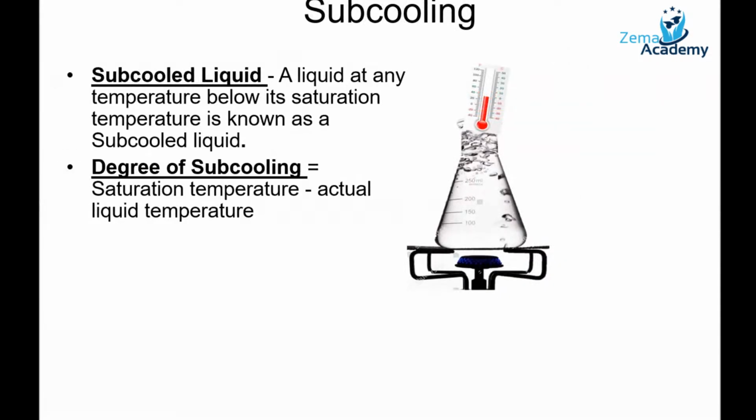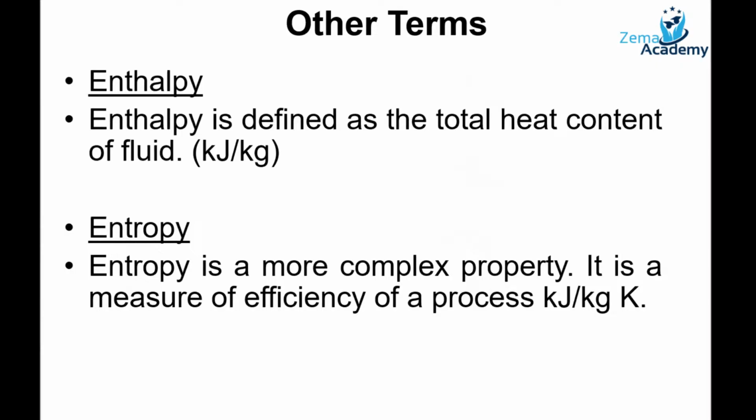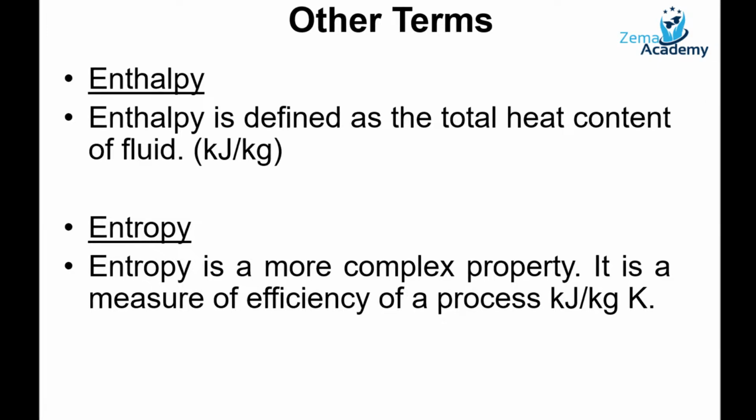Again, this is the opposite end of boiling, which is cooling. So this is referring to a liquid at any temperature below its saturation temperature. And we can calculate the degree of subcooling. Degree of subcooling is Tsat minus Tactual. Other terms that we will use are enthalpy and entropy. One deals with the heat content of the fluid, and the other one deals with the efficiency of a process. Entropy tends to be a complex property,